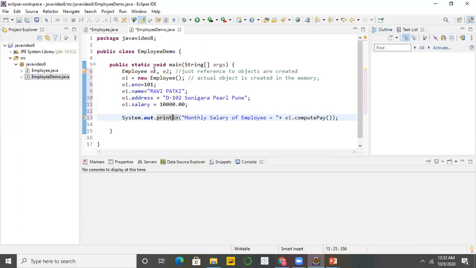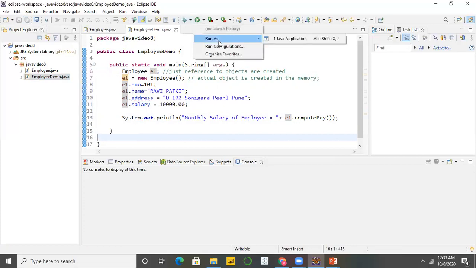So in this way, the things are created. For the time being, I'm deleting this E2. Just E1 is created. And now, save this whole application. Save all. And go to this run button. Run as Java application.